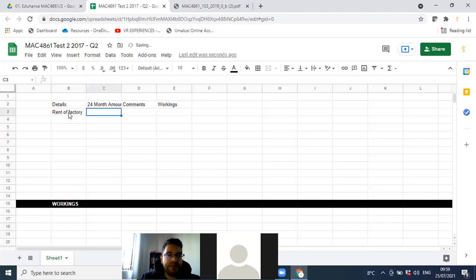So rent of factory, remember for the first 2 years, the mother is going to give it for free. So this is what you will just say, whatever they told us, grace period. I'm going to have 24 monthly, the cost for 24 months. And then at the end, just to make it clear over here,